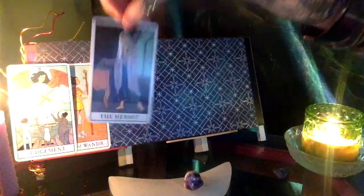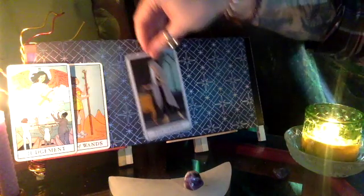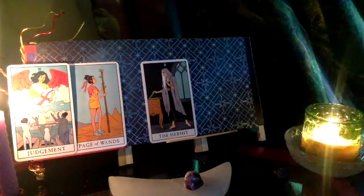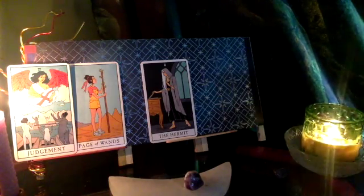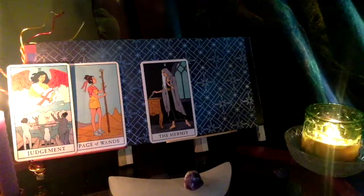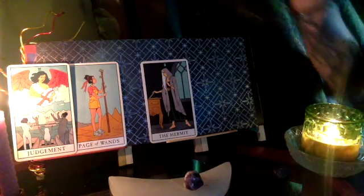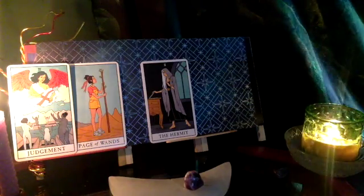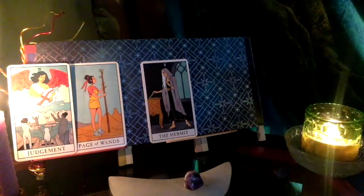The Hermit is one of my favorite cards in the deck. I say that about a lot of cards, but I love spending time with myself. I'm an only child and I'm empathic, so other people's energies kind of confuse me sometimes. So I have to take time out to myself to really get down to how I'm really feeling about things and to make decisions for my life. So I love spending time for myself. I would encourage you to set some intentions around scheduling, blocking time off in your schedule so that you can take time out to meditate or take a bath, read a book, do something for yourself,